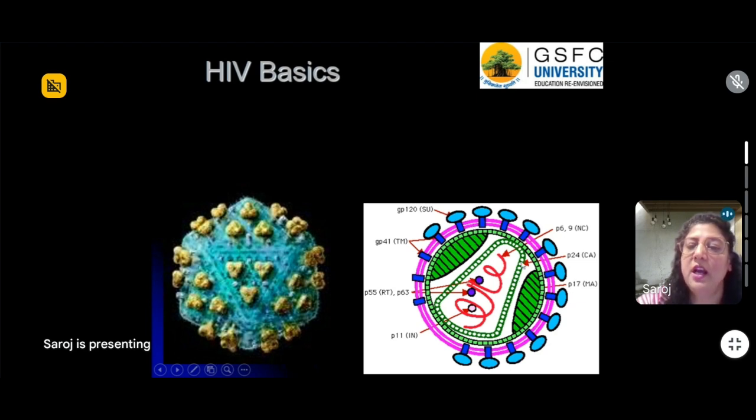In addition to that, you have this P24. This is a protein 24, which is part of the viral capsid. So you have the capsid, which is a protective covering around the viral nucleic acid. So you can see that the protein is P24. You have this viral nucleic acid, so it has these two RNA strands.